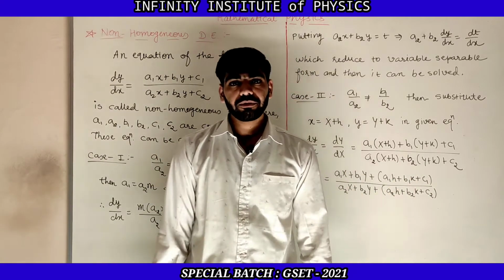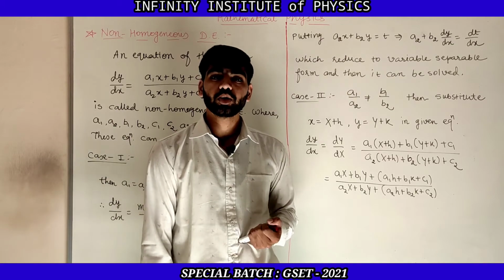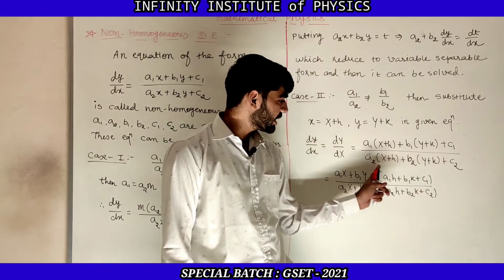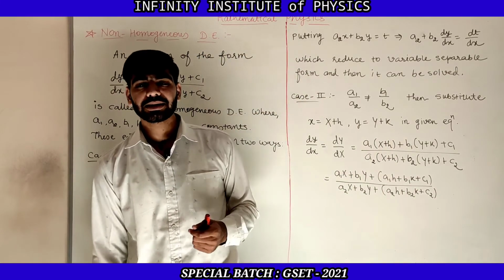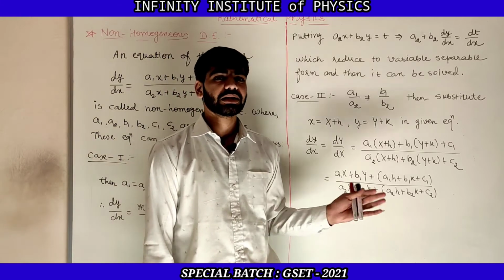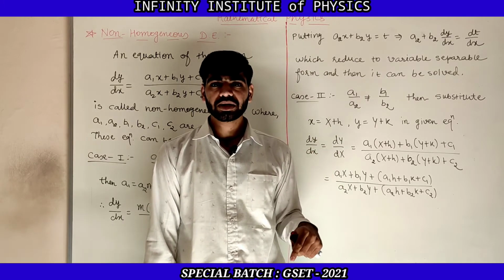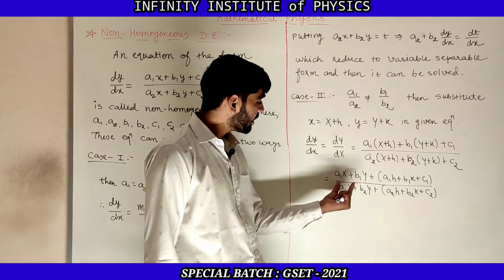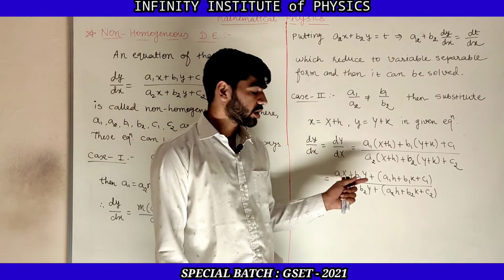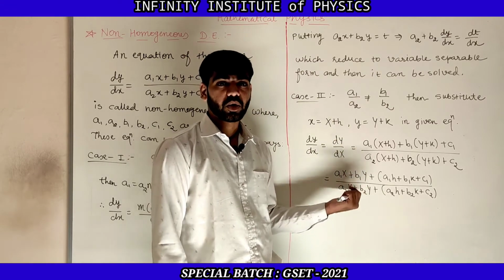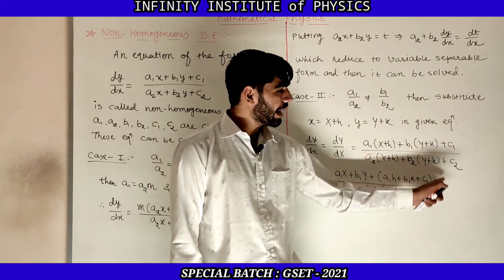Now suppose we want to convert this equation into a homogeneous one, then what do we have to do? We have to make this constant part 0, because only then can we convert it into homogeneous. In the definition of homogeneous, M and N both must be homogeneous and of the same degree. If we consider only the first two terms in x and y, it is homogeneous of the same degree, but it is not homogeneous due to this constant part. That means we need to take this constant part as 0.